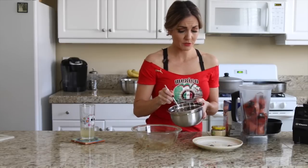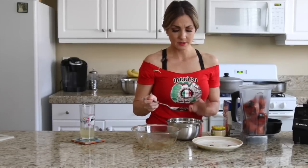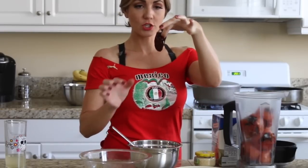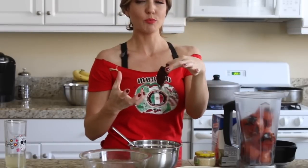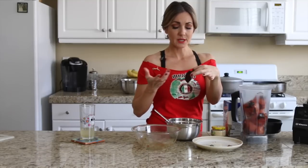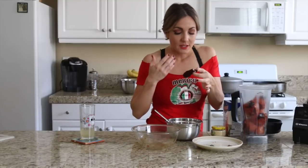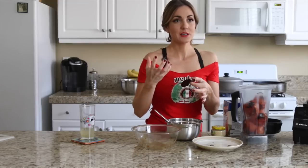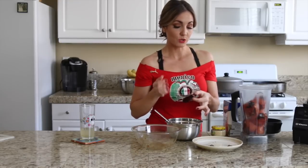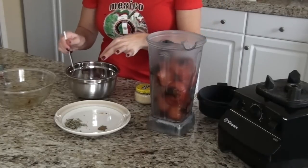But basically, if you've never seen a chipotle chile, they're not super big. It's basically a cooked chile. It's in its own sauce when you buy it, like an adobo sauce. It's a sweet, spicy, smoky type of chile. It's absolutely wonderful. So I'm going to go ahead and put, let's see,